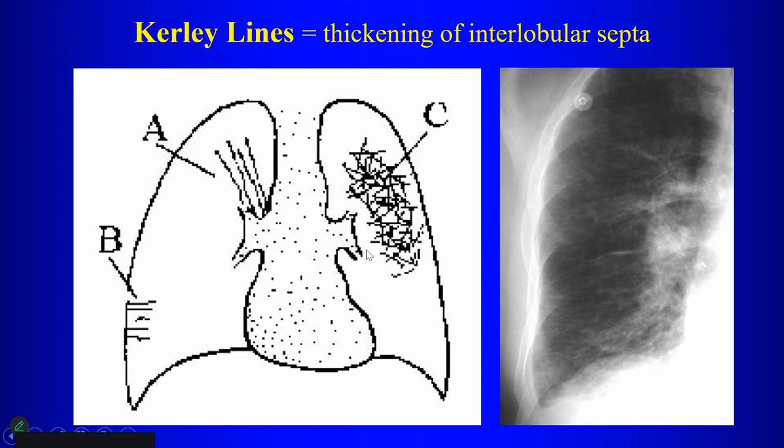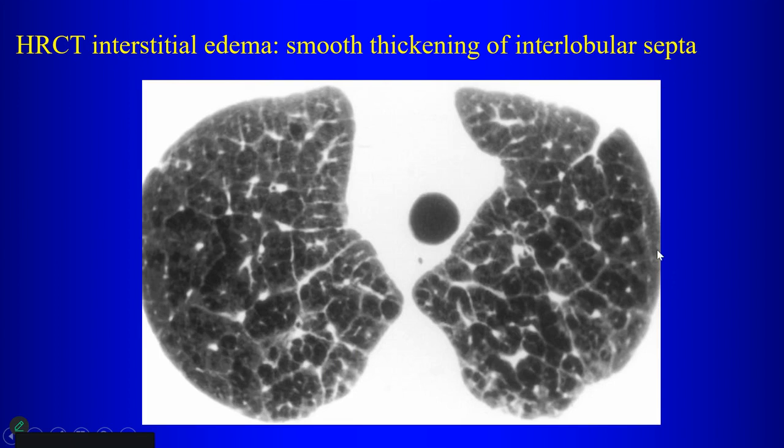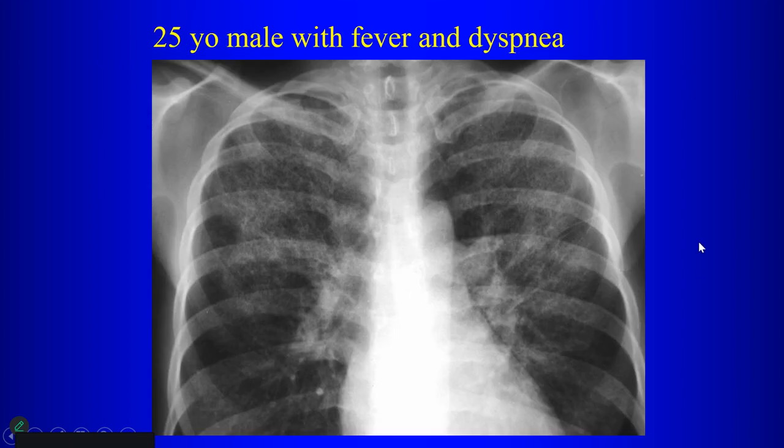And then we've talked about the different lines, A lines, B lines, C lines. We've talked about all of that before. And on CT, we know what thickening of the interlobular septae look like. They outline these secondary pulmonary lobules, so we know what that appearance is. This is a young person with fever and shortness of breath, and then here we have